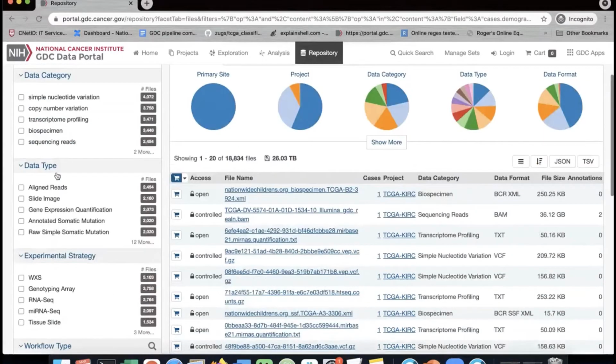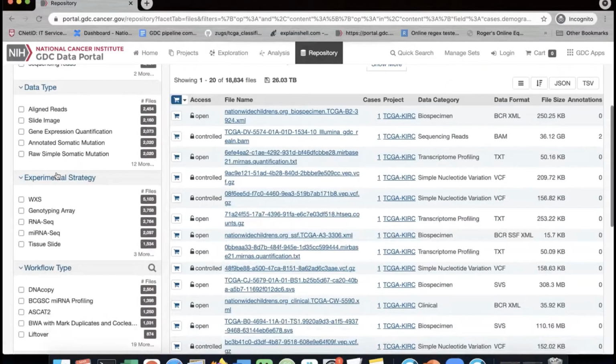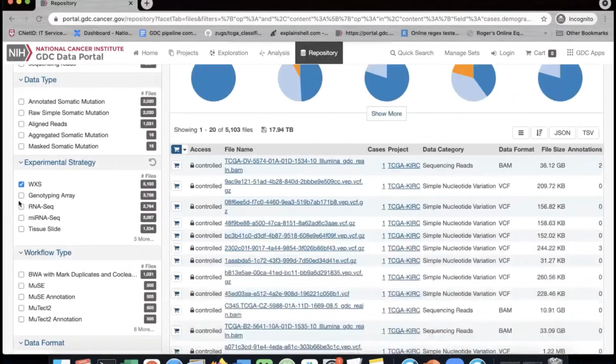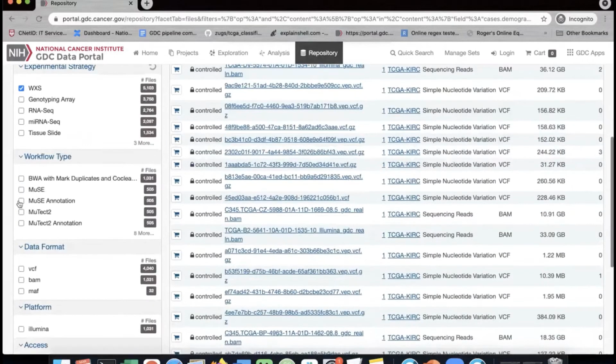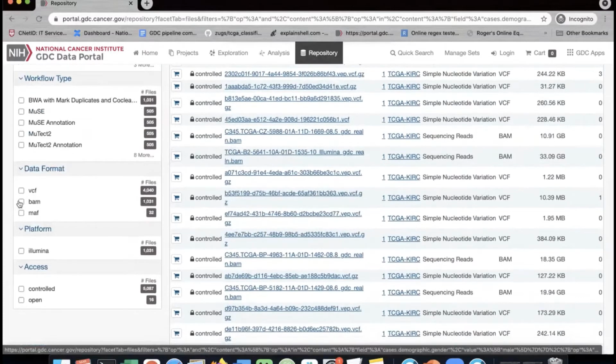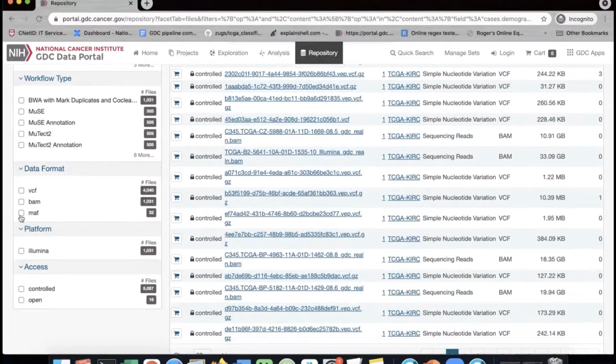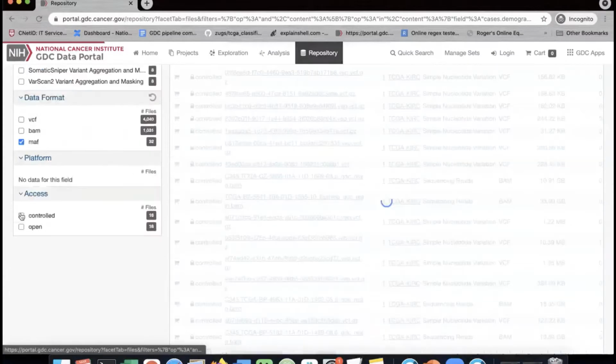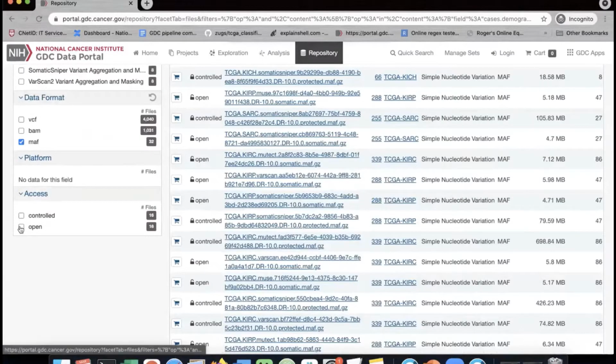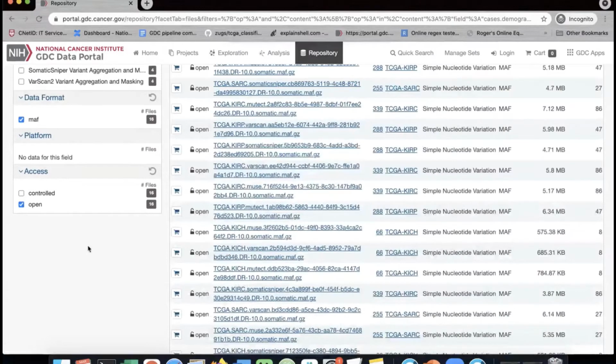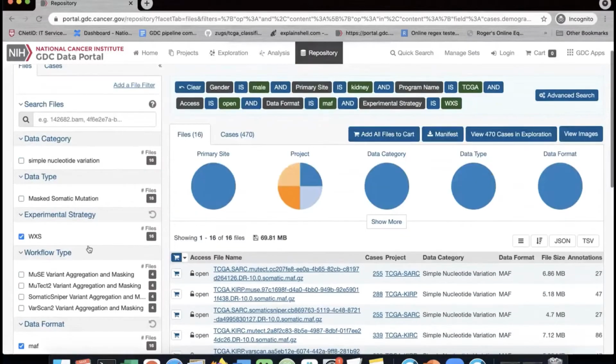So each of these facets corresponds to a different property of the file. In this case, I might be interested in experimental strategies. So maybe I'm interested in the whole exome sequencing. And let's say I know that I want to download the open access MAF files. I would click on Data Format, MAF, and for access, I would click Open, as you might expect. Now that I have a list of files, I have a file size. It's around 70 megabytes. I will add these files to the cart,